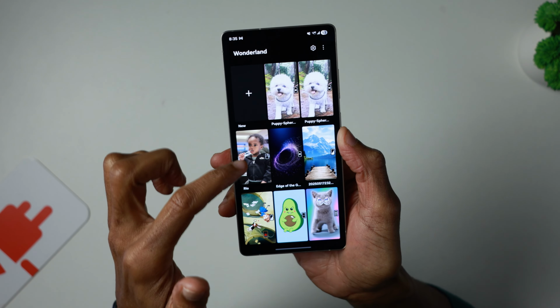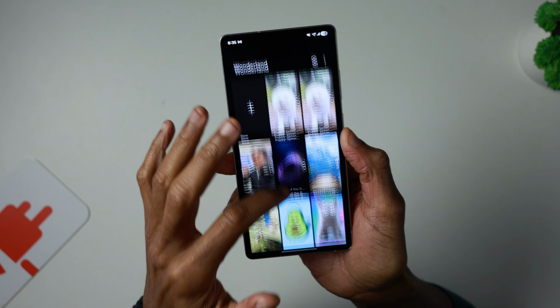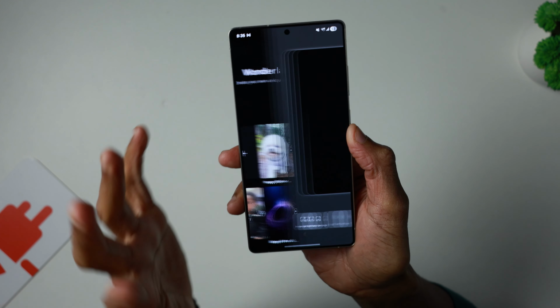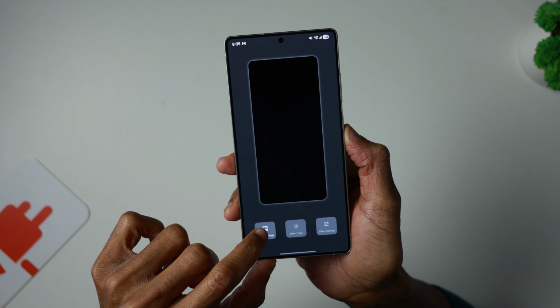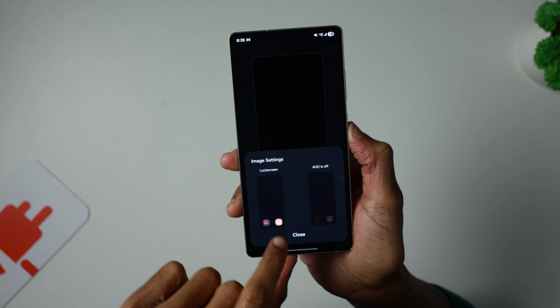So I have one here saved already, but I'm going to do something a little bit different. I'm going to tap add new here. I'm just going to go to image settings right here. So tap on image settings, and then you want to tap on your gallery right here, because if you choose